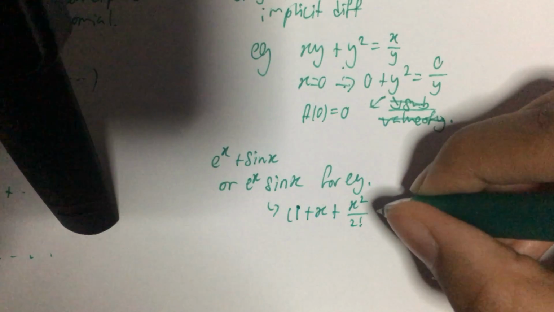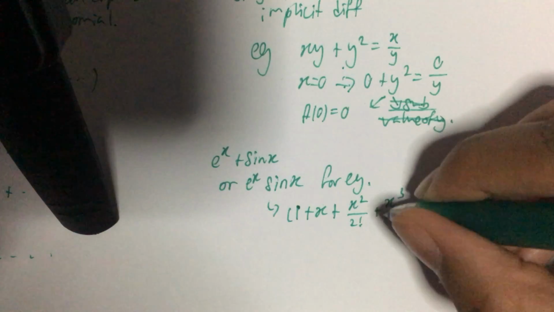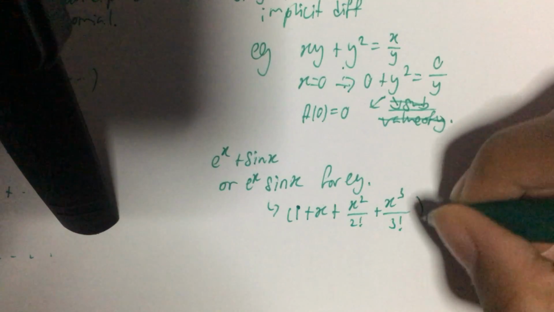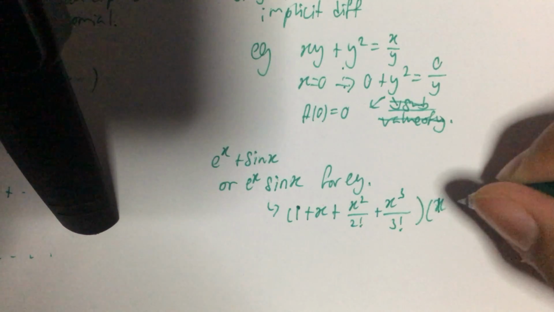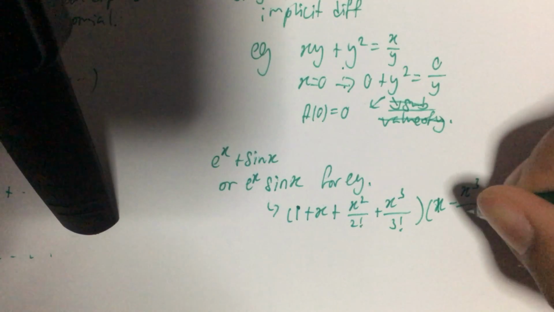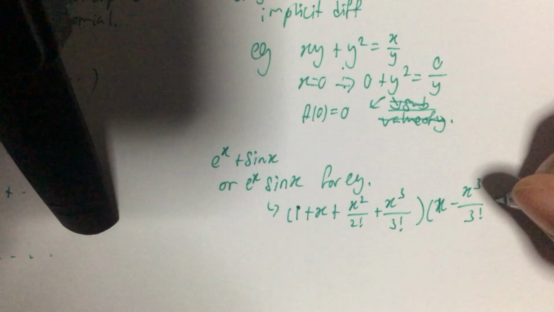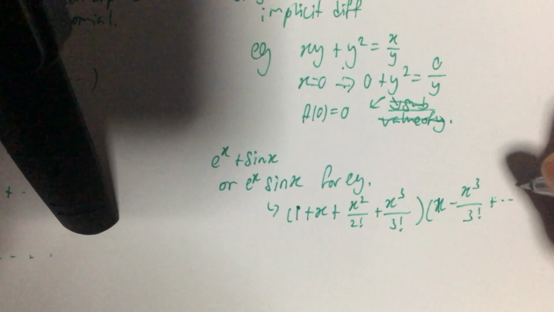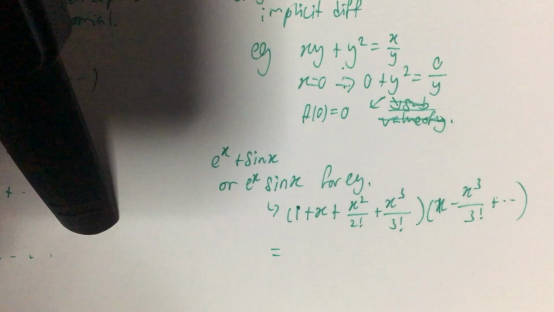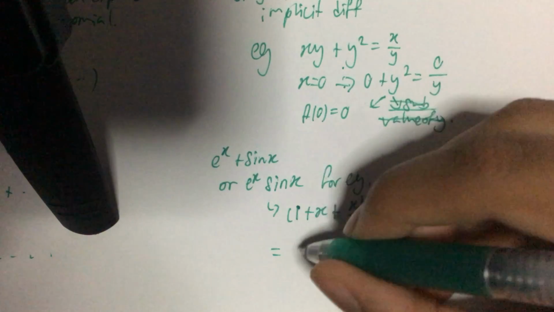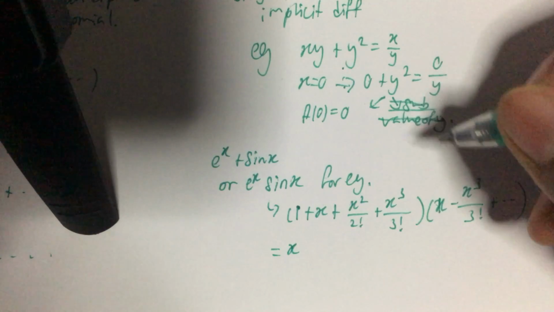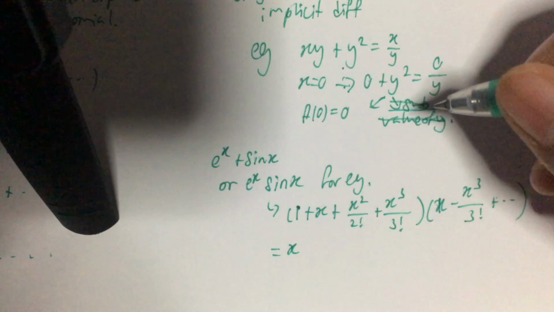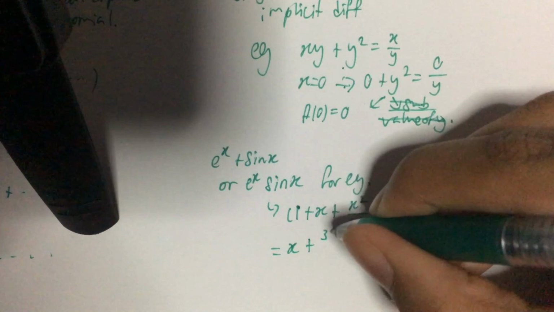In that case, you have to be extra careful and make sure that it's not just about the first three terms or something. Each of the terms that can contribute to that power must be included. But you don't need to include terms that are definitely greater than x to the power of 3. Like for example, if you have x to the power of 4, then you can just ignore it already. But if there is an x to the power of 3, you must include it, especially if one of them has a 1